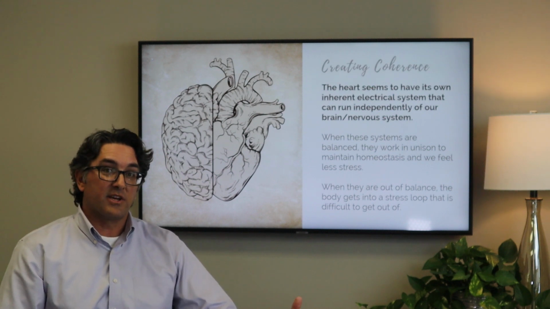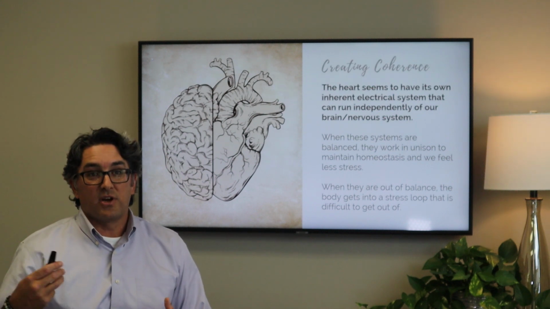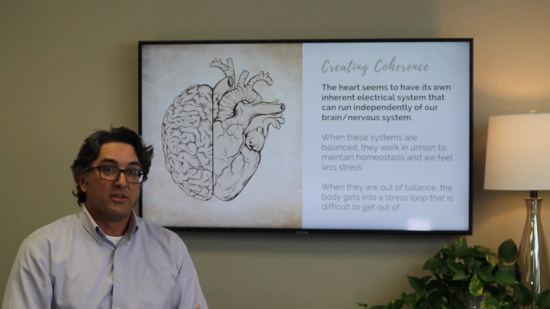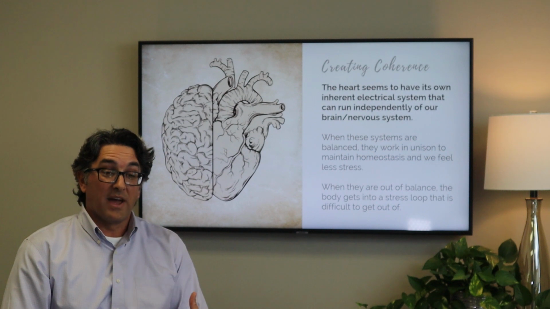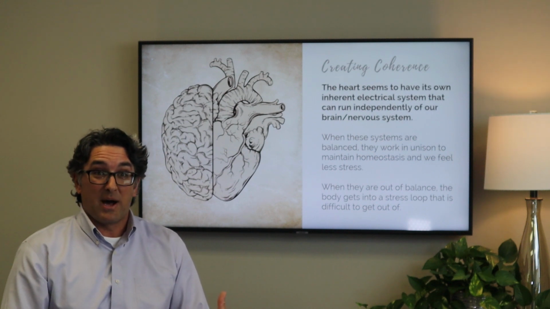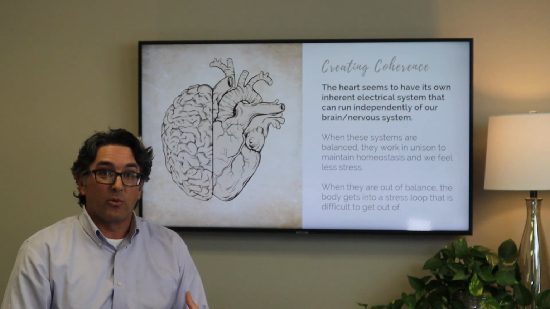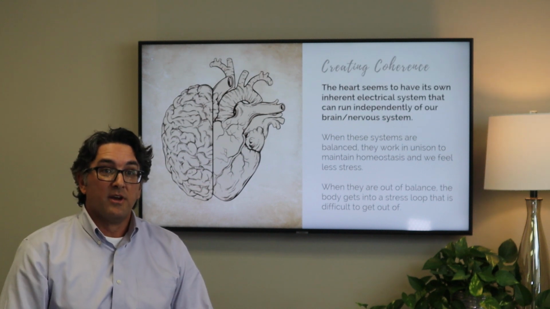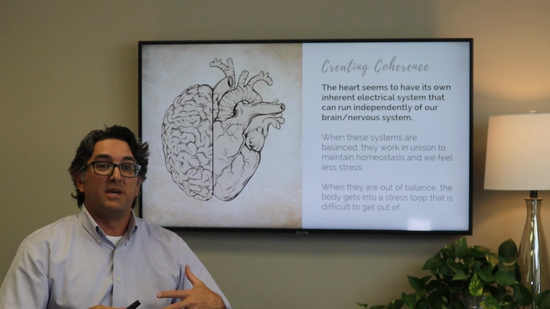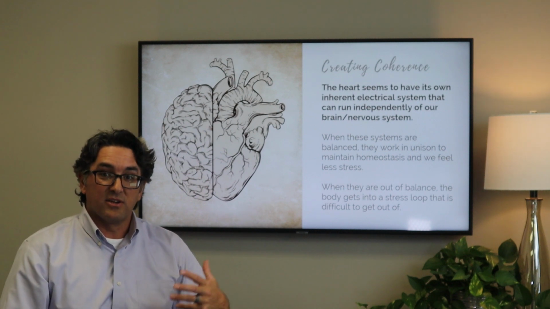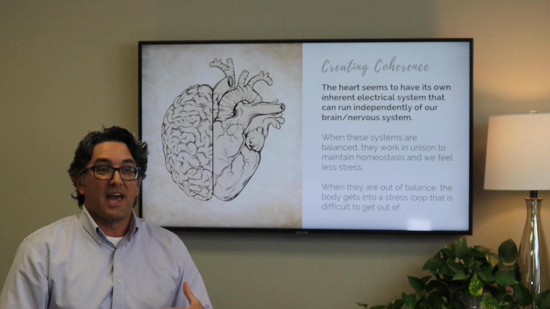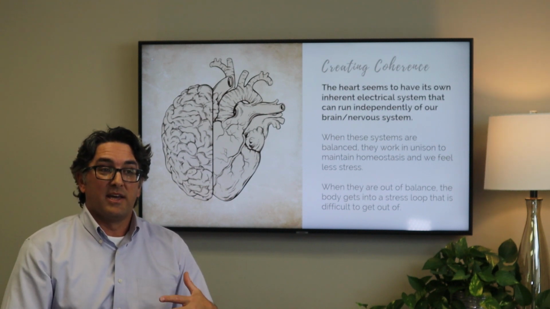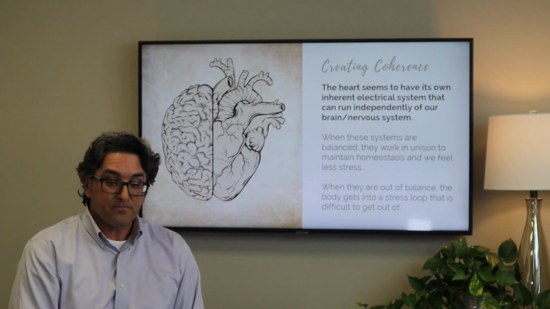Your nervous system is trying to control your body in one way, your heart is trying to control your body in another way, and it's almost as if they're battling each other to try to get you out of a stress response. And what that actually creates is more stress on the body. The harder you pull to get yourself out of the quicksand, the more the sand kind of pulls you in. So it's incredibly important for your heart and your brain to be operating within coherence. They can still operate independently of each other, but they have to be communicating together and certainly communicating in the same language and in the same electrical wavelength.